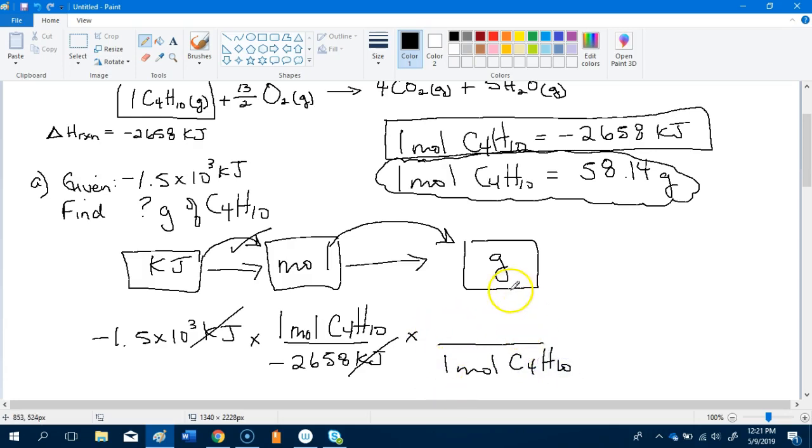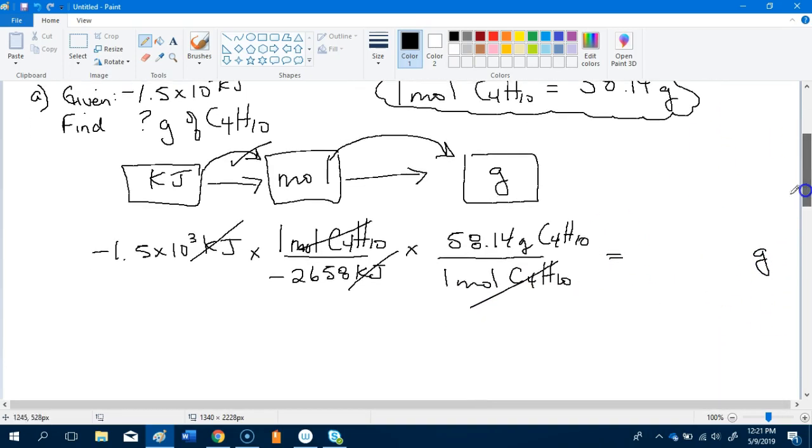And then on top, I'll have my grams, which are 58.14 grams of C4H10. My moles cancel out, leaving me with my grams, and that's going to be my answer. So the last part of this is going to be multiplying all my numerators together and then dividing by all of my denominators together. So I'm going to go negative 1.5 times 58.14, and that's going to give me negative